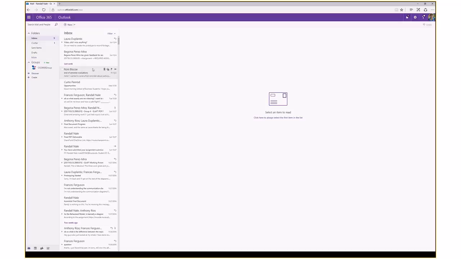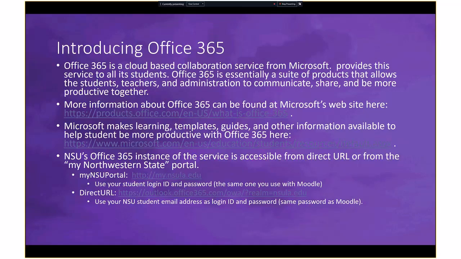nsula.edu. You can see here on the left in this menu bar, there's an area for groups, and that's going to be the focus of this: how to use these groups to collaborate on projects, specifically the CIS 3900 final project. In future sessions, I'll go through what these groups are, how to create them, and all that sort of thing. But the important piece to get out of this first session is what Office 365 is and what it kind of includes and how you can use it,